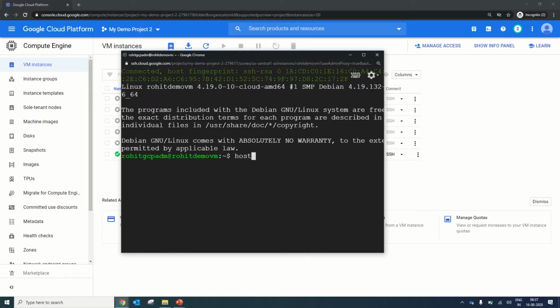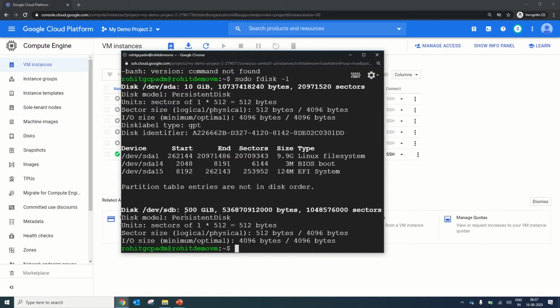It will configure the SSH key for this VM connected with the machine that we have just created. So we will check some of the things. Host name is Zohid Dev VM. So this is what we have created. Let's check whether the disks that we have created are available or not. sudo fdisk -l. And now you can see you have one additional disk of 500 gigs, which is the non-boot disk that we have added and is available here. So you can use it for your application load or application files purpose.